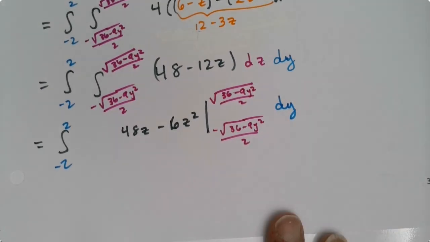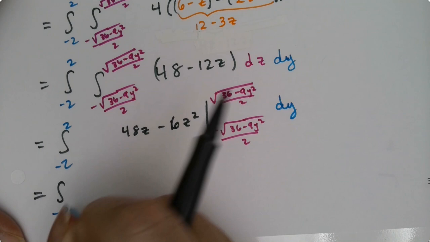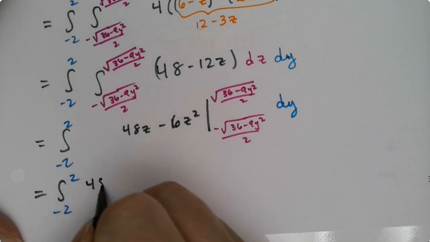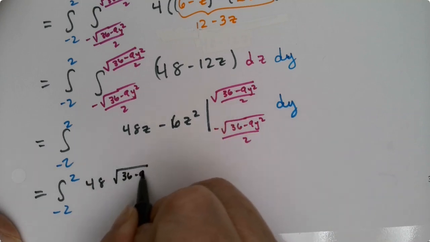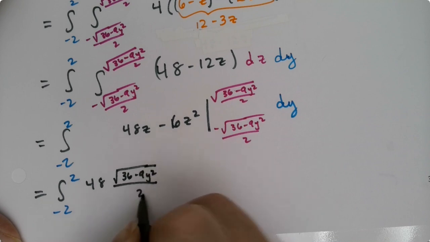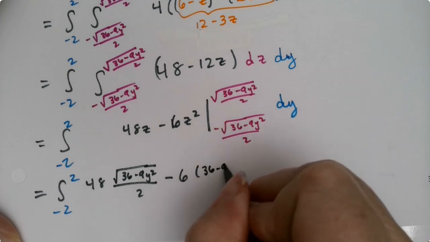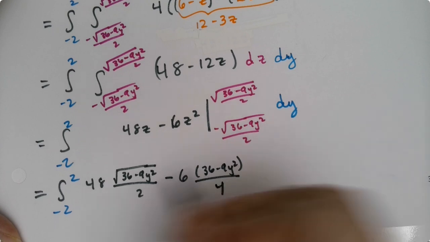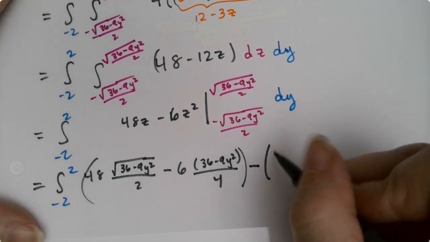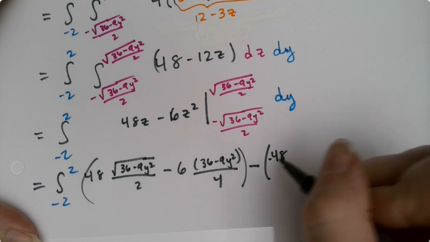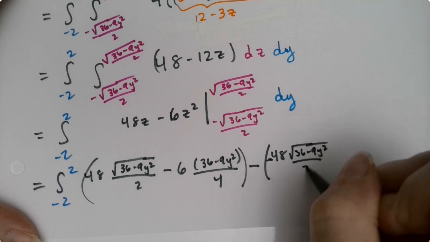And we're almost there because we're just going to make Maple do the last step. But first we're going to substitute. So this is negative 2 to 2. 48 times this guy. The square root of 36 minus 9y squared over 2 minus 6. Now if we square this, it becomes 36 minus 9y squared over 4. That's the entire front, minus, and then 48 times negative, so negative 48 square root of 36 minus 9y squared over 2,